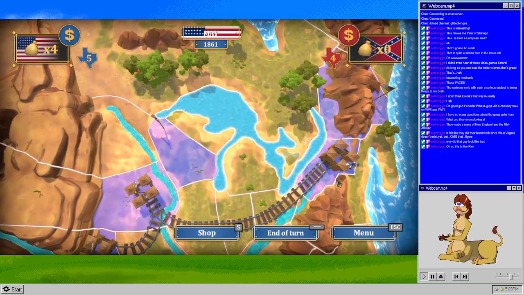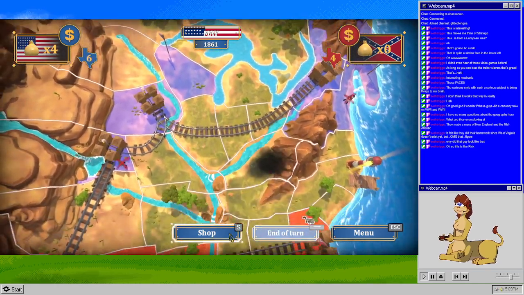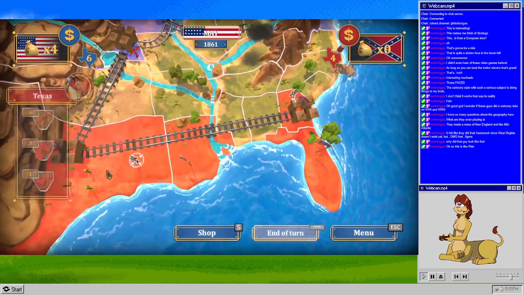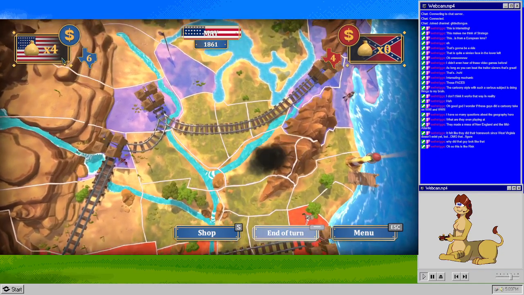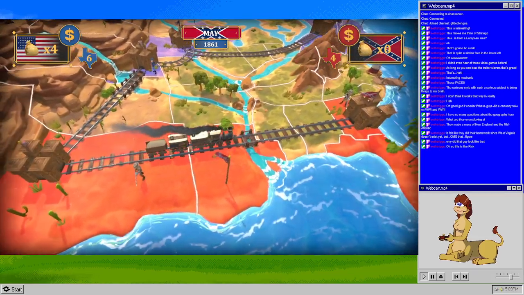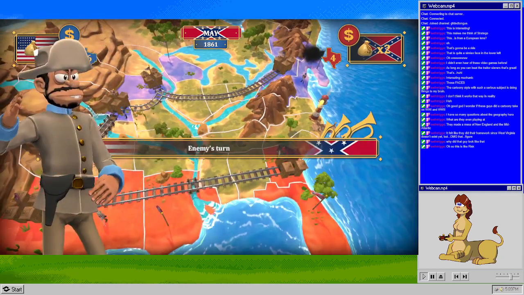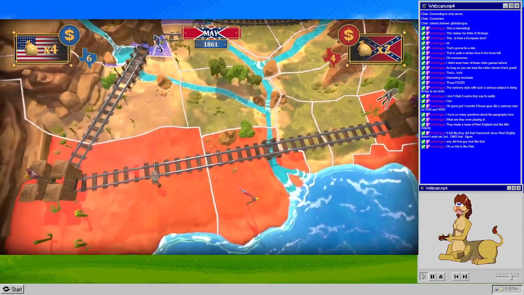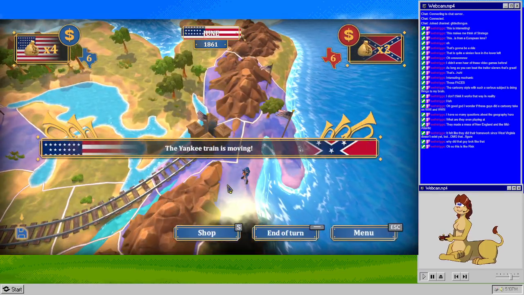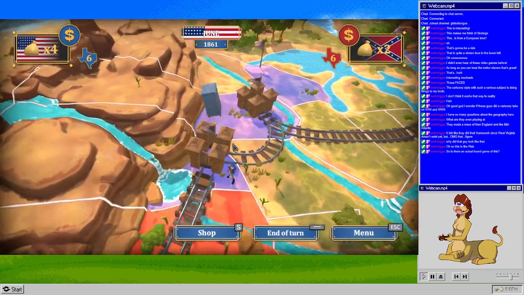Alright, I want to take that additional place, and I'll take there. I guess we'll end turn. Okay. So we've got one unit that can't move. Yeah, these southern generals a little, yeah. I don't think there's an actual board game, but,